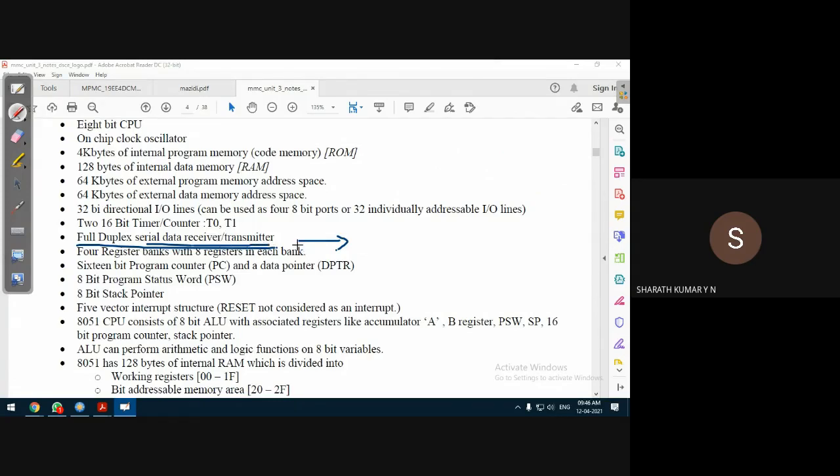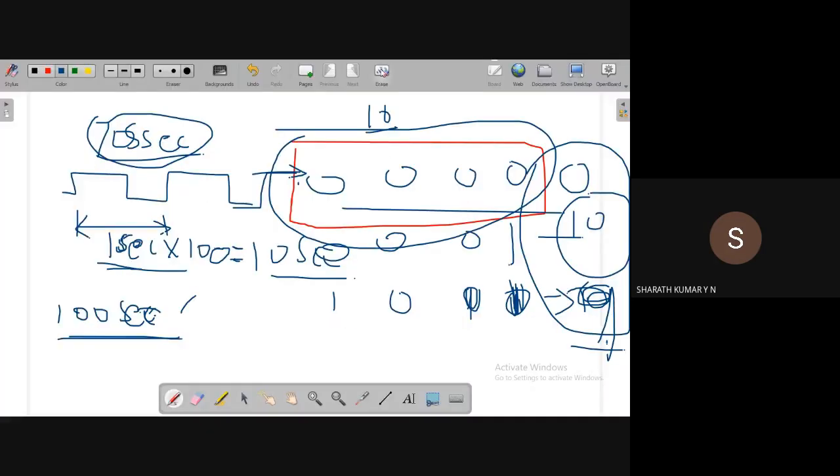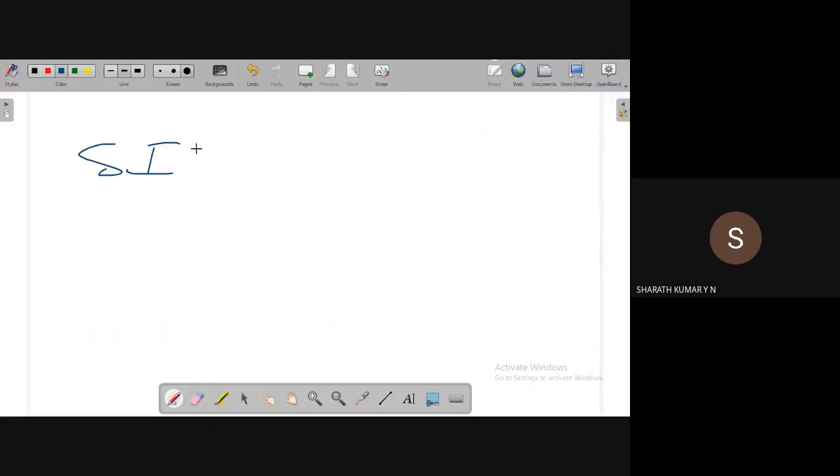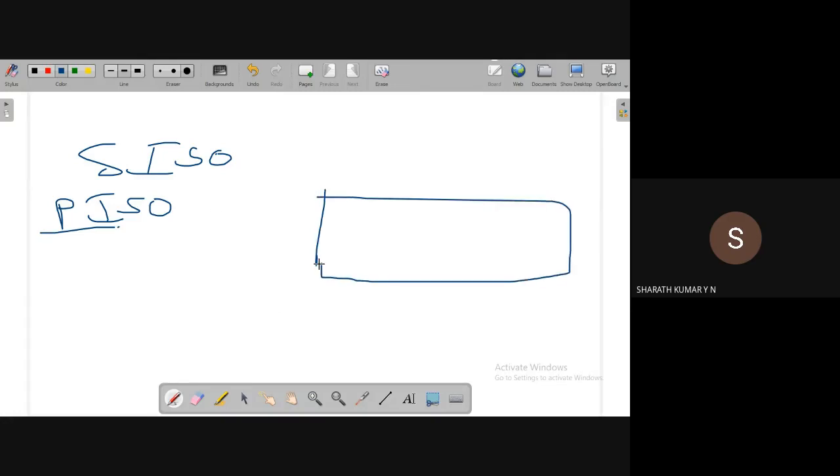Where you have come across serial communication is an experiment called serial in, serial out, or parallel in, serial out. I'll take the example of parallel in, serial out. It's very simple: a parallel-in 4-bit register, so you can transfer 4 bits of data parallelly.